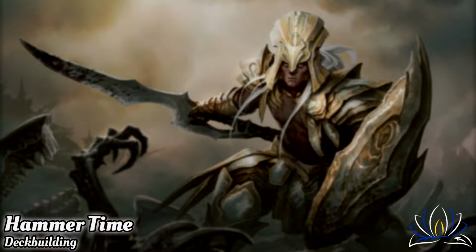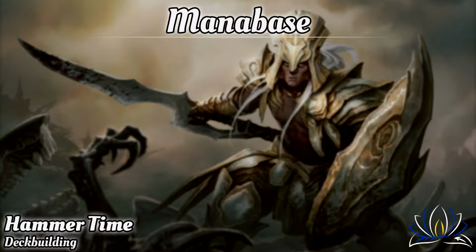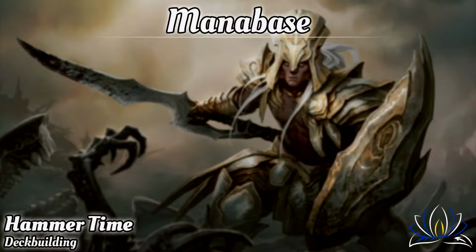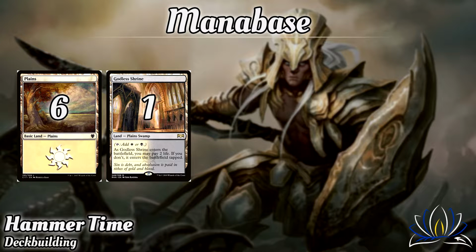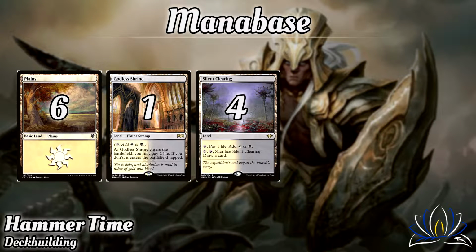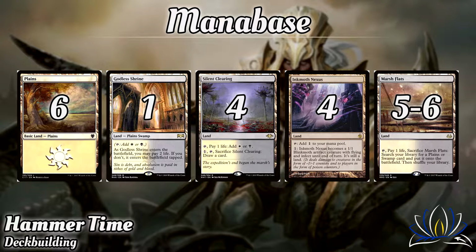All successful Hammer Time lists share a common core of cards which is pretty much universally agreed upon at this point in time. All decks run 20 to 21 lands, as the deck's cards are on average extremely cheap mana-wise. The mana base includes 6 basic plains, snow covered or not, 1 Godless Shrine as a fetchable source of black mana which will be relevant post-board, 4 Silent Clearings which provide much needed card draw in the Order of Colors, 4 Inkmoth Nexus which we will look at in more detail later, and either 5 or 6 fetchlands depending on